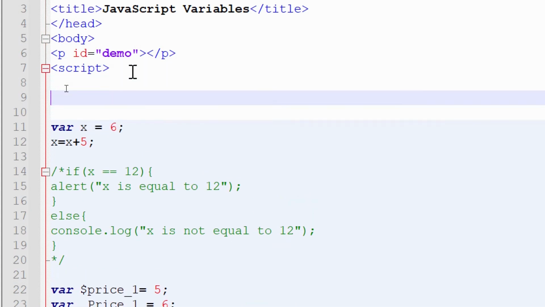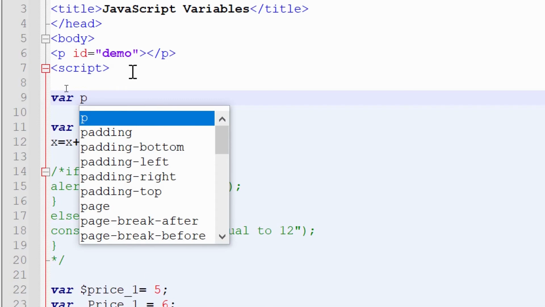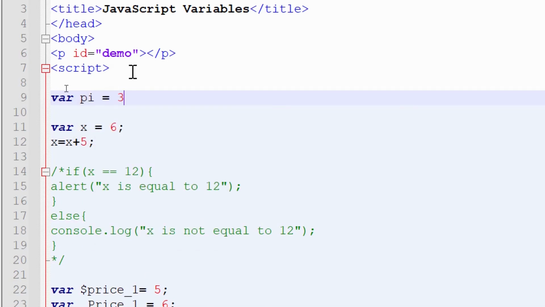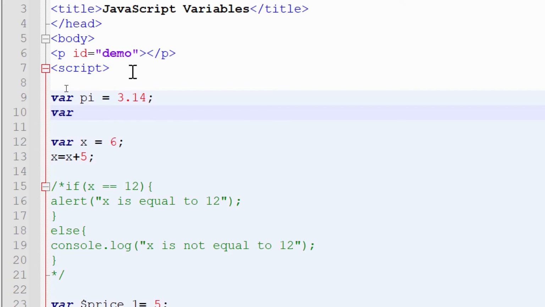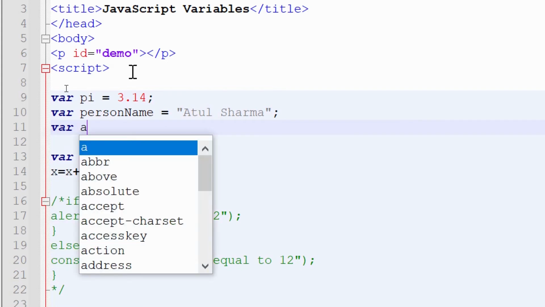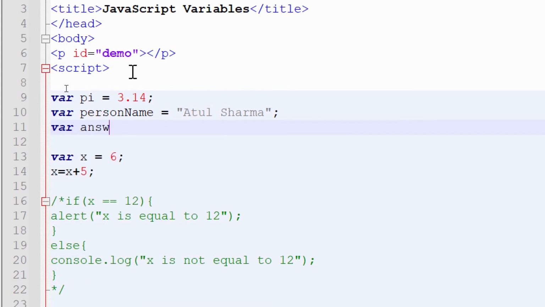If I write var pi equal to 3.14, and var person, or you can give any variable name, equal to Atul Sharma, and var answer equal to yes I am, because my name is Atul Sharma.